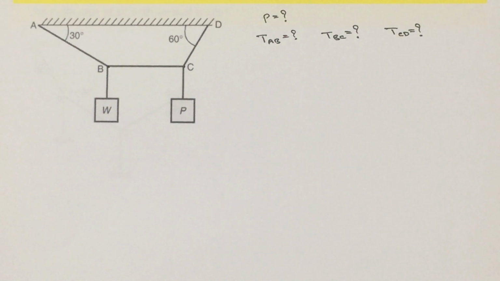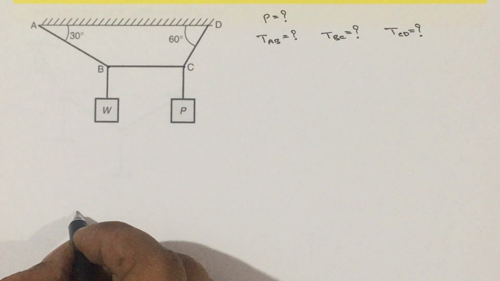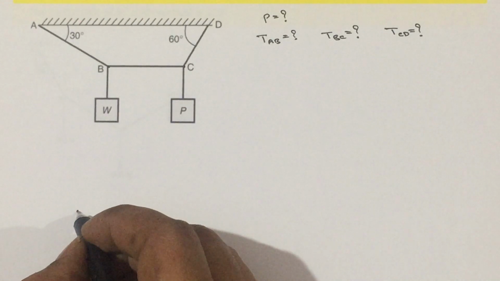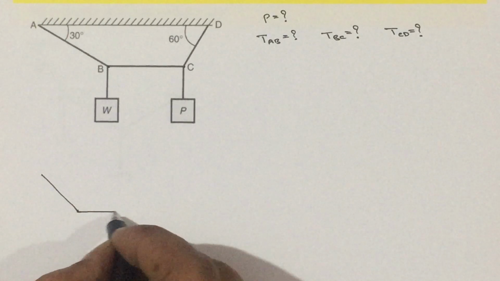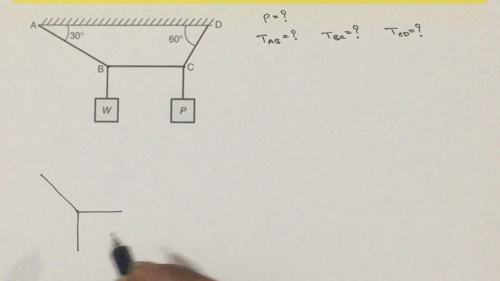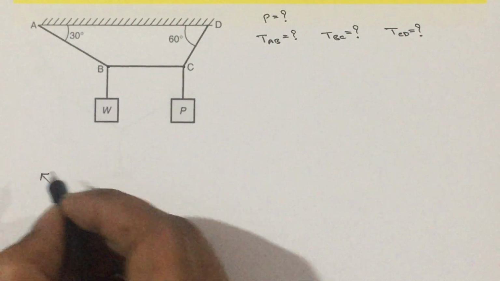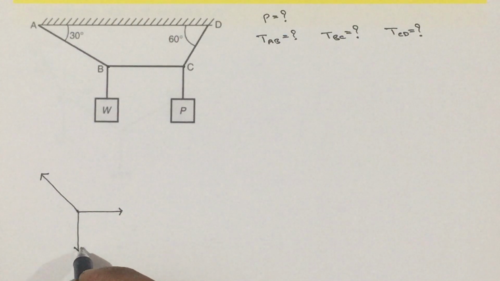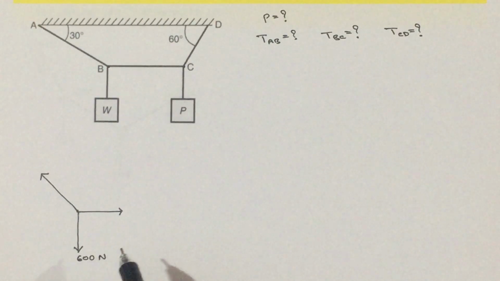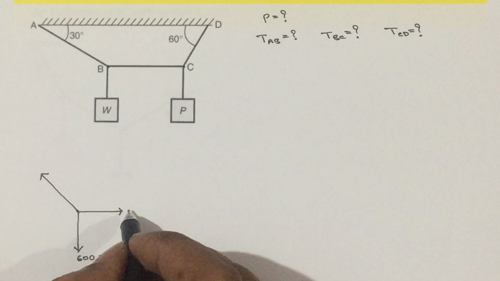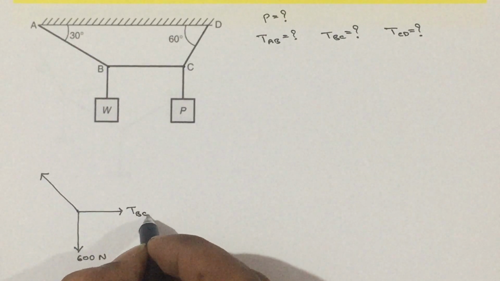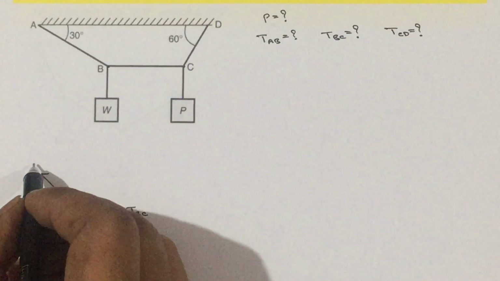Free body diagram at B, the procedure is first write a point, then write a line, the connected lines, then direction. These members are subjected to tension, so outside arrow. Here the weight will always act vertically downwards. Point, line, direction. Then magnitude. Here the magnitude is W, and in the problem it is given as 600 Newton. Then this one is tension in the member BC, and this one is tension in the member BA.